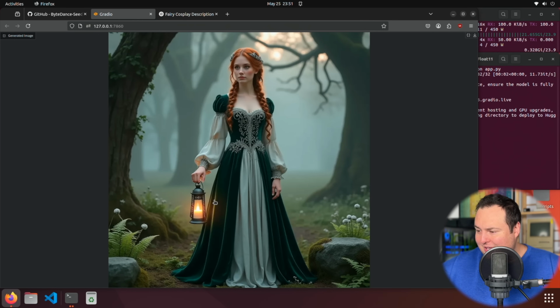The dress flows nicely. The greens and the silvers definitely contrast well against the backdrop of the stark forest. No, I'm kidding. All right, so today we're going to be taking a quick look at a new release from